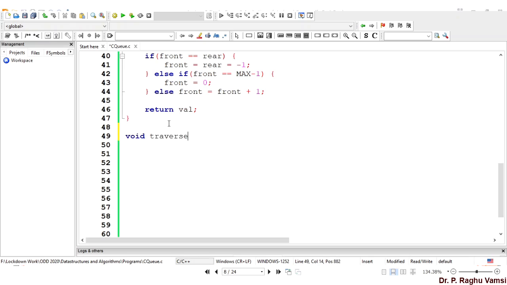Void traverse. So first of all, we have to check whether the front is equal to -1. Printf queue is empty.